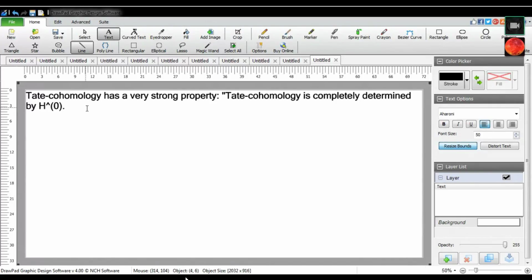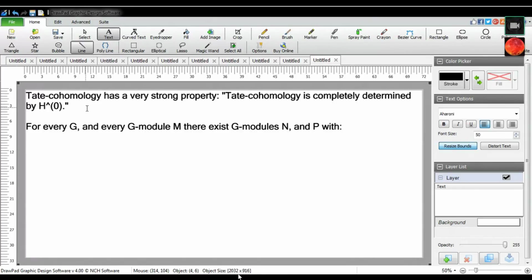Okay, what does this mean? Formally, for every G and every G module M, there exist G modules N and P